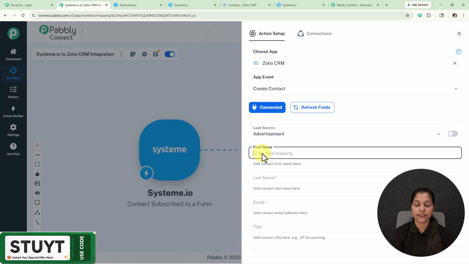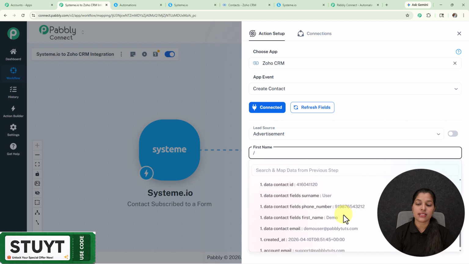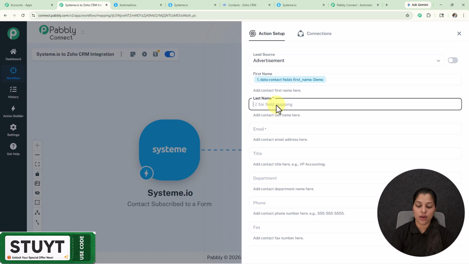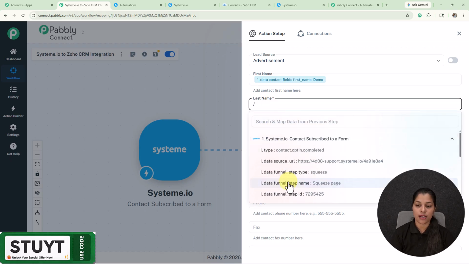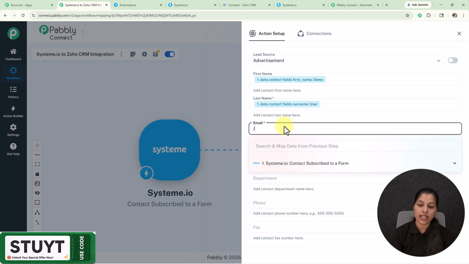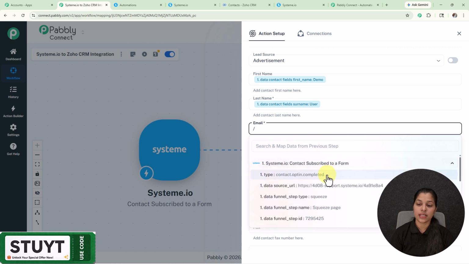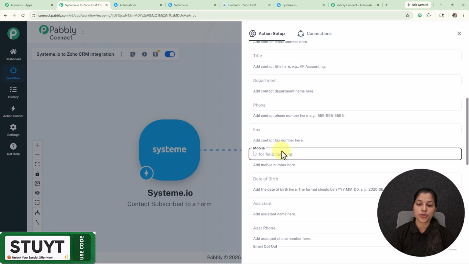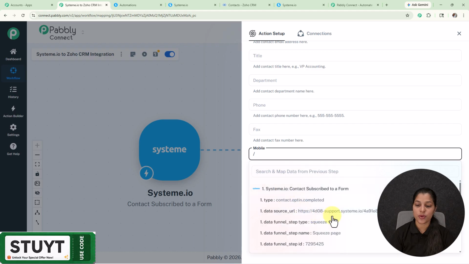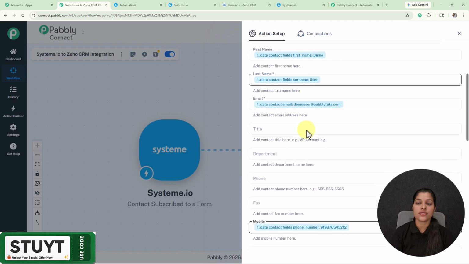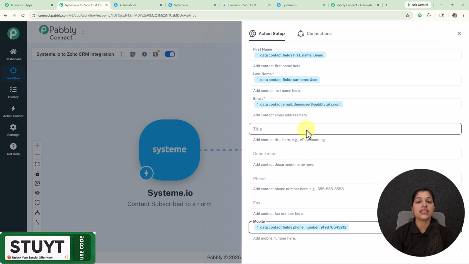And the process of mapping is simple. You just have to select the field which you want to map, and you have to select this slash symbol, and here we are getting a previous application, that is system.io. So from here I'm going to map the first name. So here I have mapped the first name, and now let's map the last name. So for that I'm going to use the response of system.io, and here I'm getting the last name which I have mapped. Now let's map the email address. So for the email address, I'm going to map this user's email, and now afterwards I'm going to map the mobile number of my lead from the response of my system.io, and here I'm getting the phone number which I have mapped. And now these fields are dynamic, means these are going to change with every new single lead received